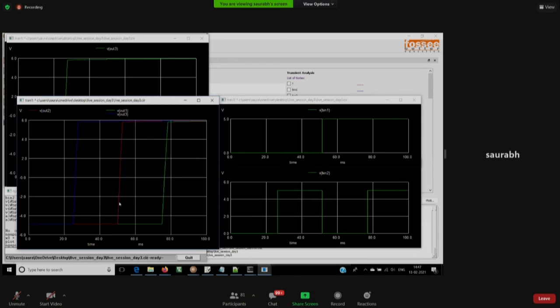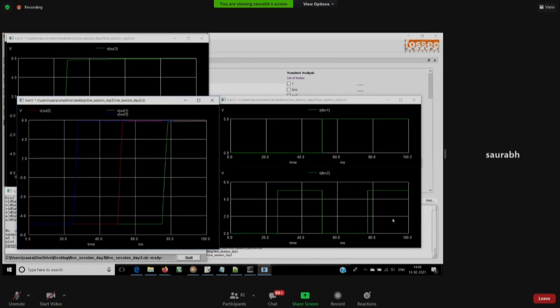Then again the voltage increases with time, so the second comparator's output also goes high. So then the value becomes 1 and 0. Then after around 75 milliseconds, the third comparator also shows a high output, and finally for the last combination you get 1 1. So if you remember your truth table, for the value of 0 0 0 you have 0 0. For the value of 0 0 1 you have 0 and 1. For 0 1 1 you have 1 0, and for all three of them high, you have the corresponding 2 bits going to 1.